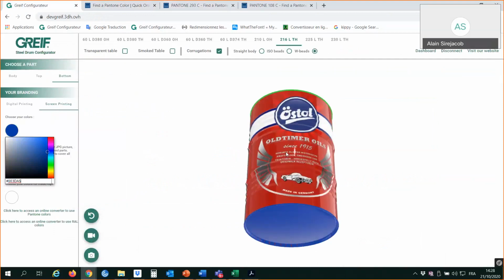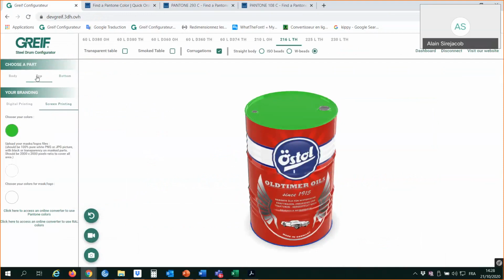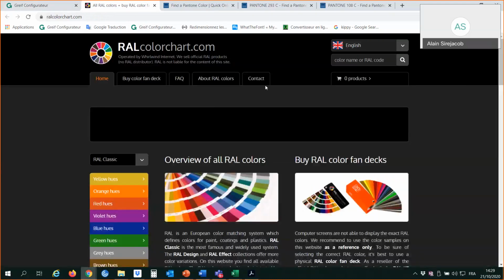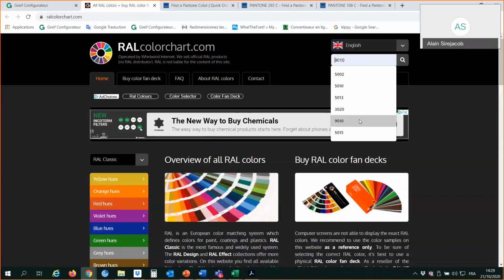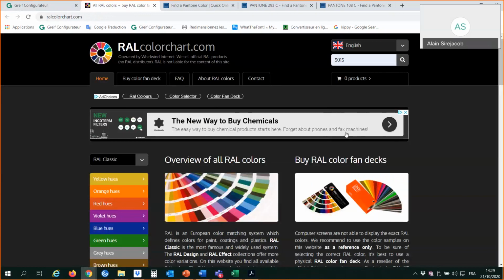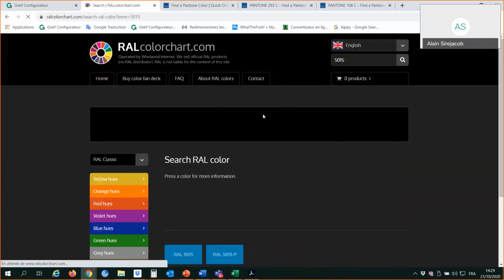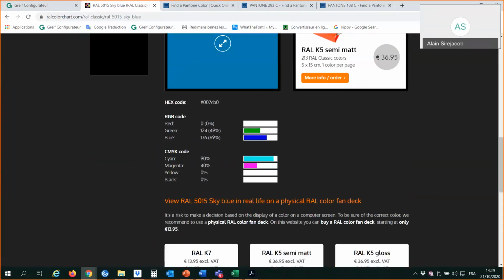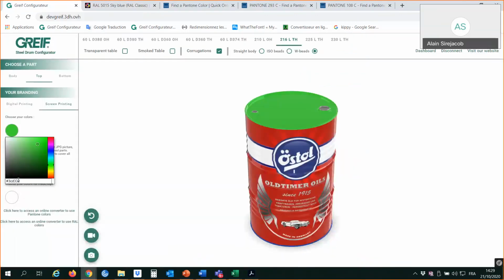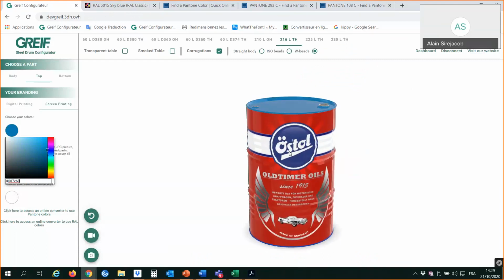After the Pantone, let's try the top with the RAL color. For the top, you select here the RAL converter, and it's the same logic. This is the official RAL website. You click here on the name of the color. So for instance, let's take light blue, 5015. You select the color, and you take the X code, which is here. Control C. Come back, configurator, and paste. And you have your blue top. Okay? So it's quite easy.